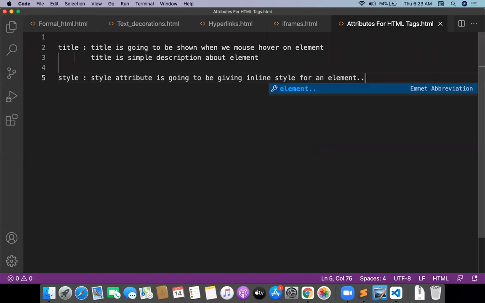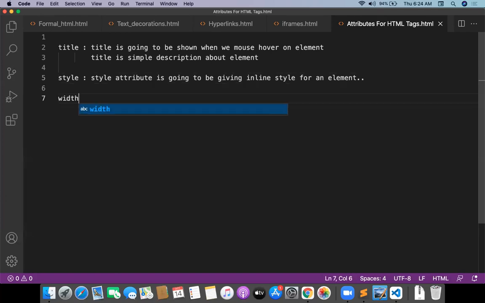Whenever you have elements in the page, I'm having a lot of elements, hundreds of elements, thousands of elements. How many elements you have, we don't care about it. For each and every element, we are going to provide the style by writing the style attribute. So let me show how to work with the style attribute. And this is a common attribute.